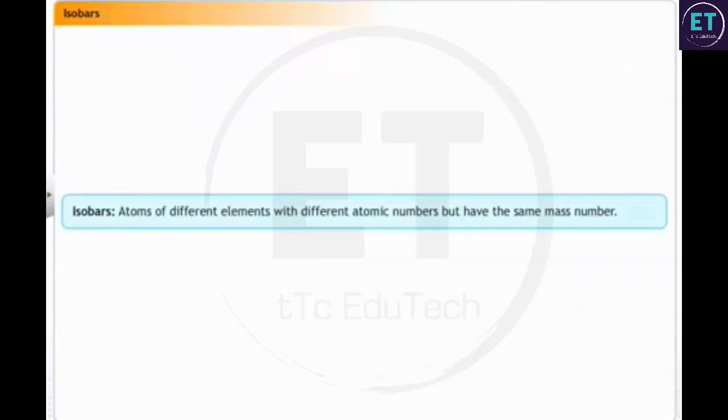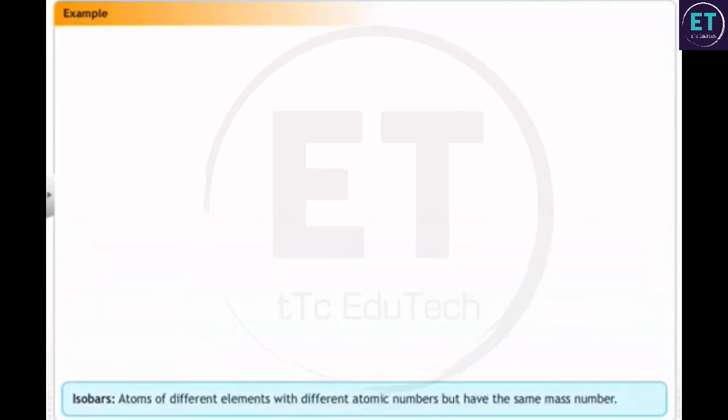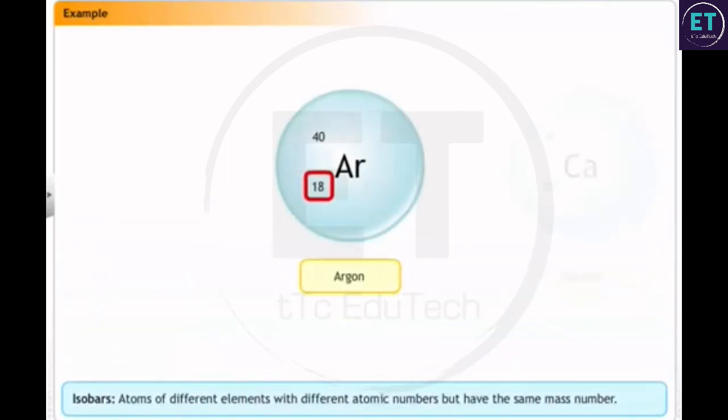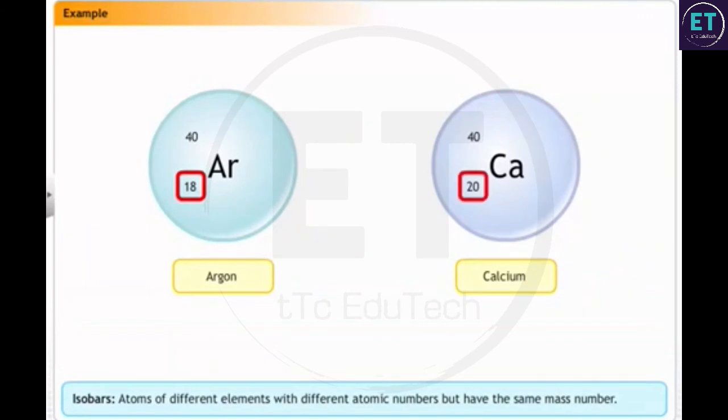In some cases, it is also possible that atoms of different elements, which have different atomic numbers, may have the same mass number. Such atoms are called isobars. For example, argon with atomic number 18 and calcium with atomic number 20. The number of electrons in these atoms is different, but the mass number of both these elements is